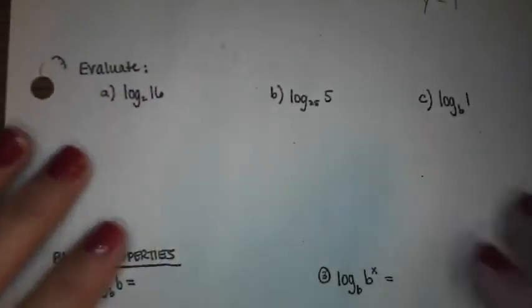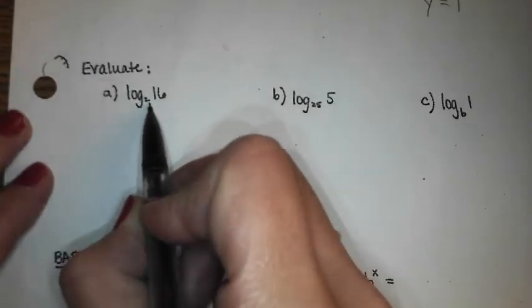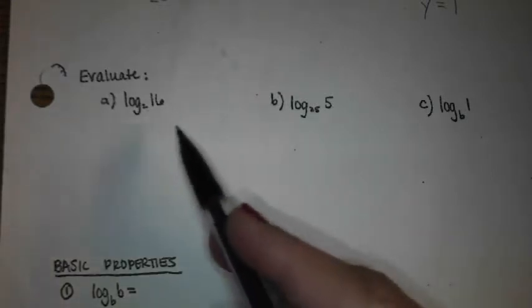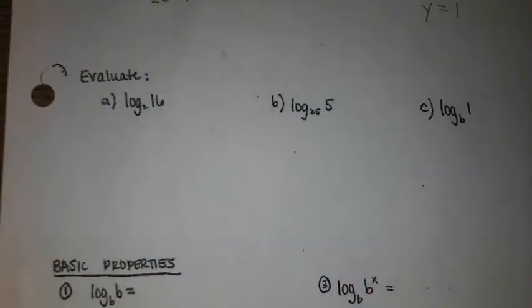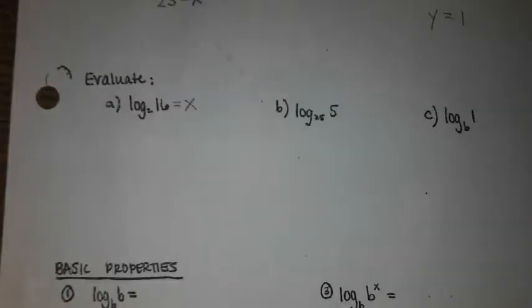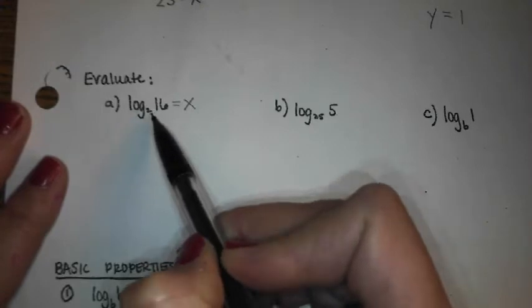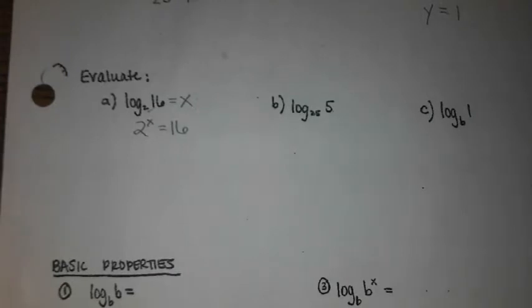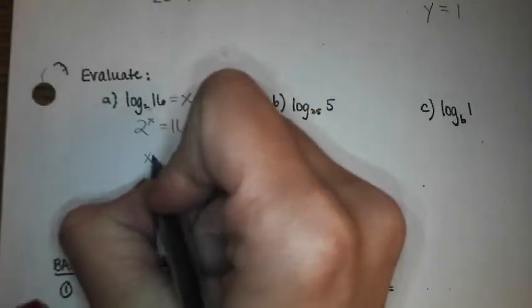All right? Evaluating logs. Did your video talk about the what power function? So, 2 to what power equals 16. That's how the state presented it to us, called it the what power function. It's a cute way of thinking of it. I always taught it as, if you want to know what this equals, just set it equal to x, and then you're just solving for x. So you translate the base of 2 raised to the other side equals 16. It always reinforced your rule. Your base raised to the other side equals 16, and so x here equals,